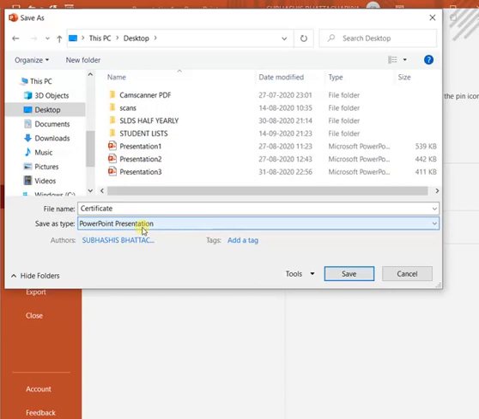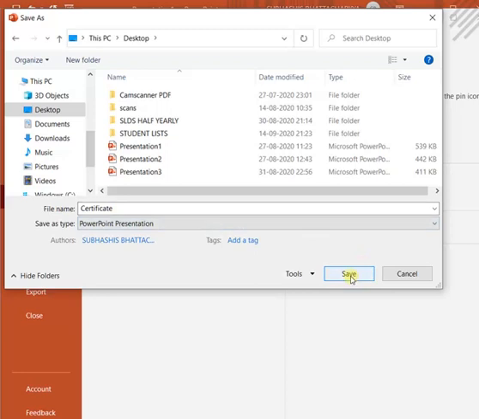In previous versions the extension was .ppt, but in new versions of MS Office, whether PowerPoint, Excel, or Word, an X is added to the extension. So for PowerPoint it is .pptx. Here it is written save as type PowerPoint presentation, but actually the extension we call .pptx, and the file name is certificate.